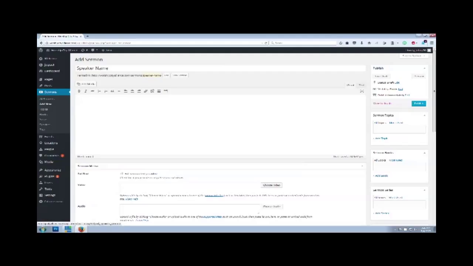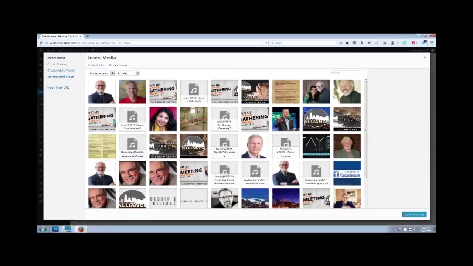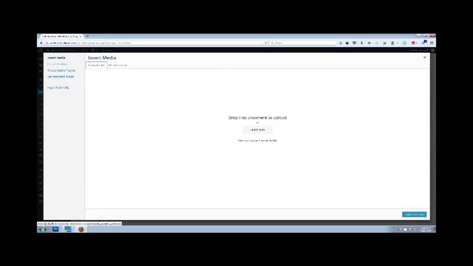up beside the sermon. So you'll go on the right below the speaker name and click on where it says Add Media. Okay. This will show all the past ones, or the actual ones that are loaded up on the website. If you want to put in a new one, you would go to Upload Files right here, and then this would pop up, and then you just click on the button in the middle to select Files, and it just has a browser that pops up on your computer, and you find out where you have those files at. A lot of times it's easy just to put them on your desktop because it's the quickest way to find